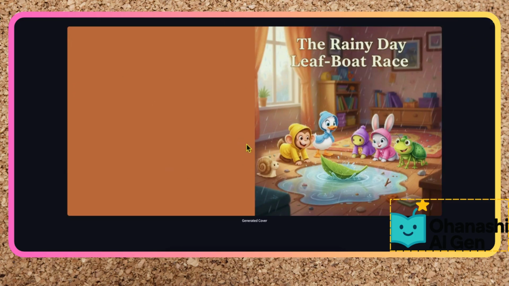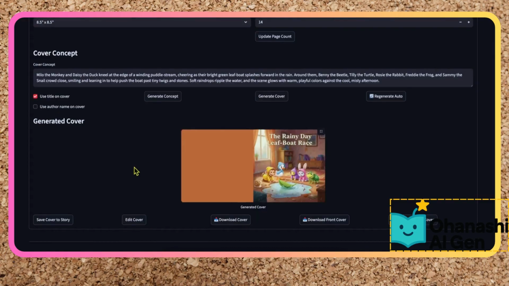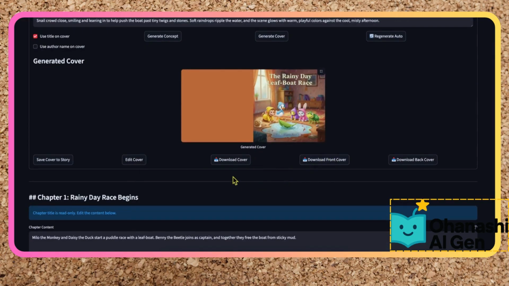And here we go. Now it says leave this at 0 for auto as far as a preferred page count. So we're going to go ahead and do that. Word count automatic. We can go picture every page. I'm going to just do picture every chapter for now, but you could select picture every page as well. I'm going to just leave it the way it is right here.